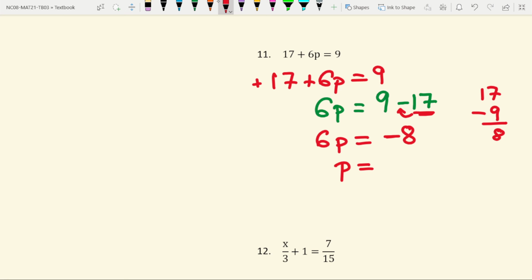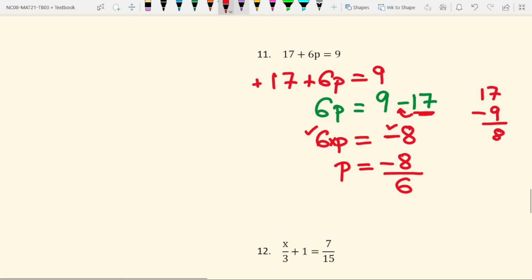Next, the known terms are 6 and minus 8. Minus 8 is already in the RHS. We have to shift 6 to the RHS, and while shifting, we have to see the relationship between the unknown and the variable. What is the relationship here? In between, there will always be a multiplication symbol. So multiplication will turn into division, divided by 6.